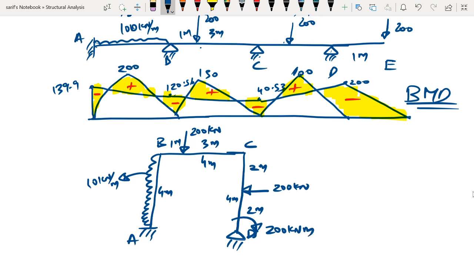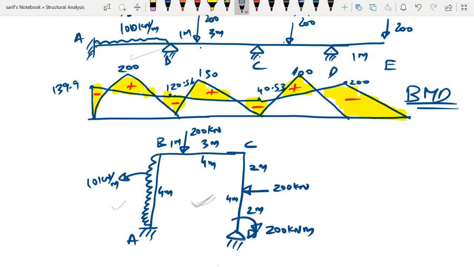Okay, now to do the moment distribution, if we look into this particular question, you will see that the loading of this portal frame is exactly similar to the loading of the continuous beam, which means that the analysis as well as the result or the support moments of this portal frame will be same as that of the continuous beam. So whenever you are having a portal frame, all you have to do is you simply stretch it and see it as a beam, and you can simply analyze it in the same way that we analyze it as a beam.